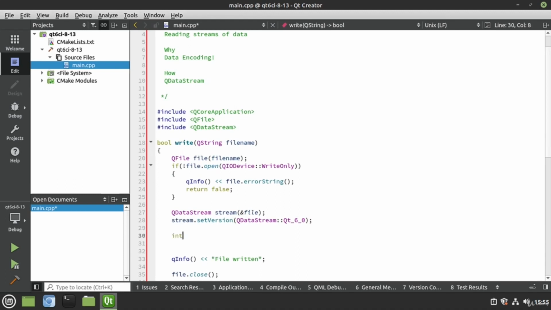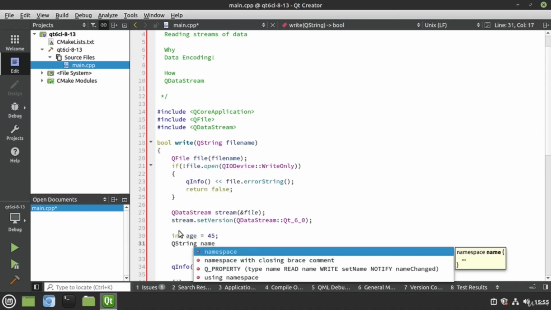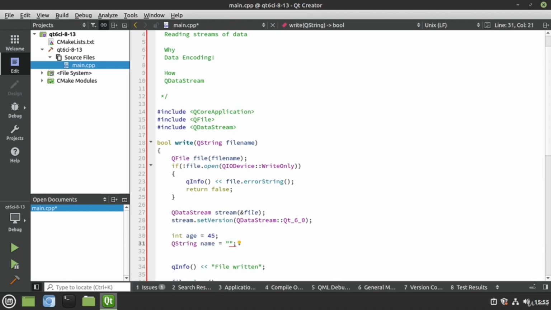I'm going to say int age equals 45. Say QString name equals Brian, and weight